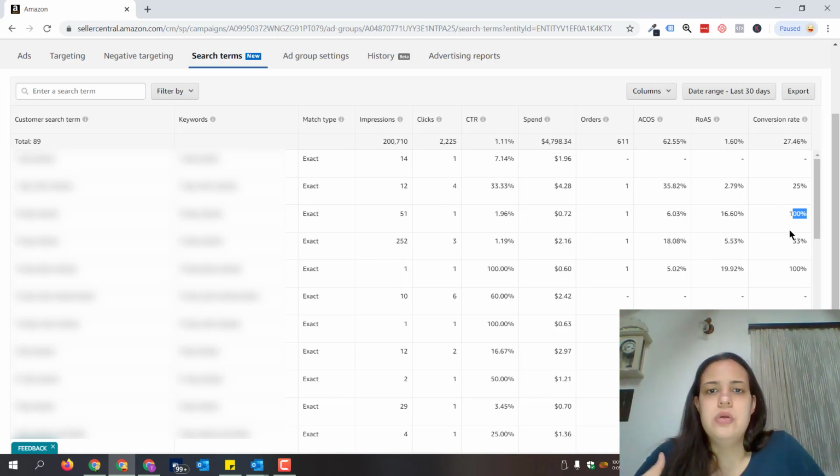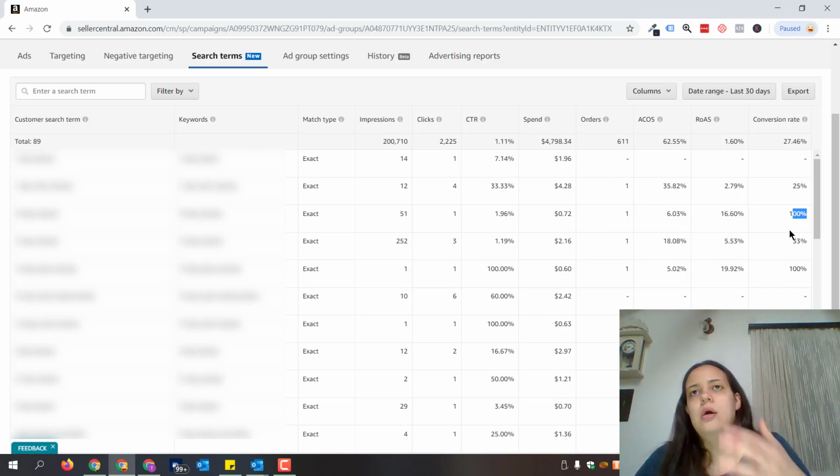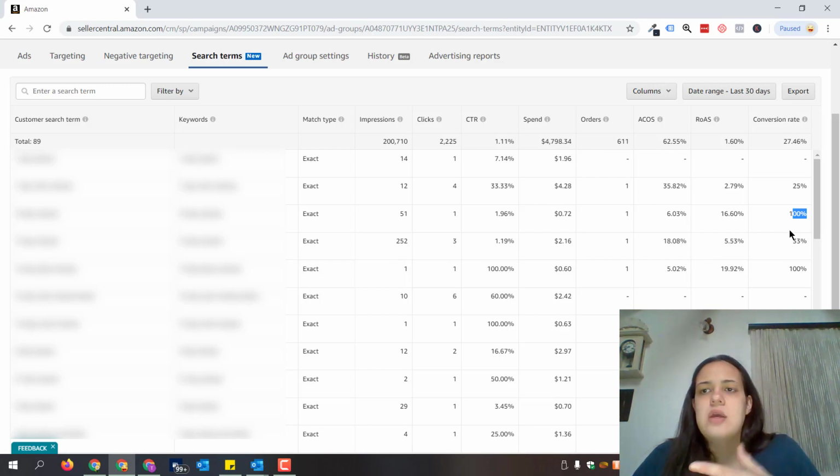There's one click that ended up in a sale, and that's not very relevant. In order for you to use this information correctly, you need a lot of clicks to understand how they contribute to your sales, how these advertising clicks are actually attributing to your ranking. The conversion rate metric is a metric that will really help you understand